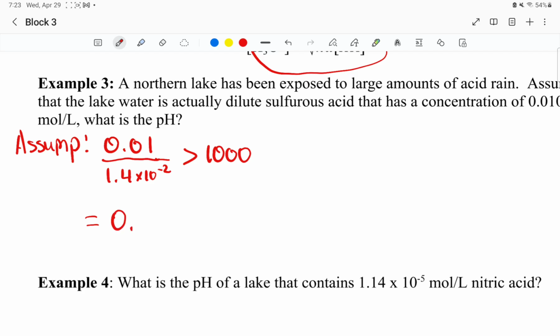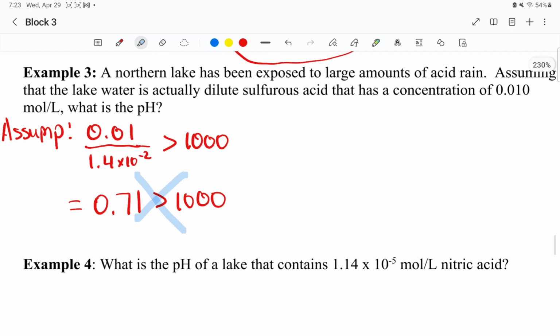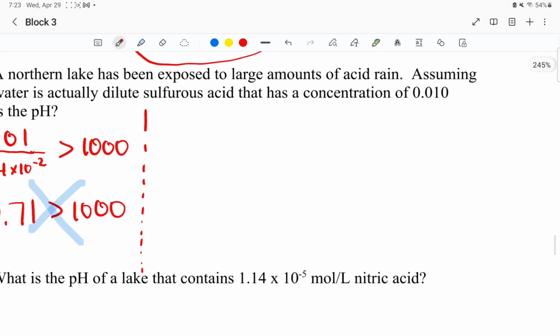Uh-oh. We got a problem. 0.71. Now, I don't know what world you live in, but in no world is 0.71 bigger than 1,000. So in this case, you would have to use either graphing or the quadratic formula. This one you don't actually have to do, but we'll just do it for the fun of it. So they want to find the pH. Again, to find the hydronium ion concentration,